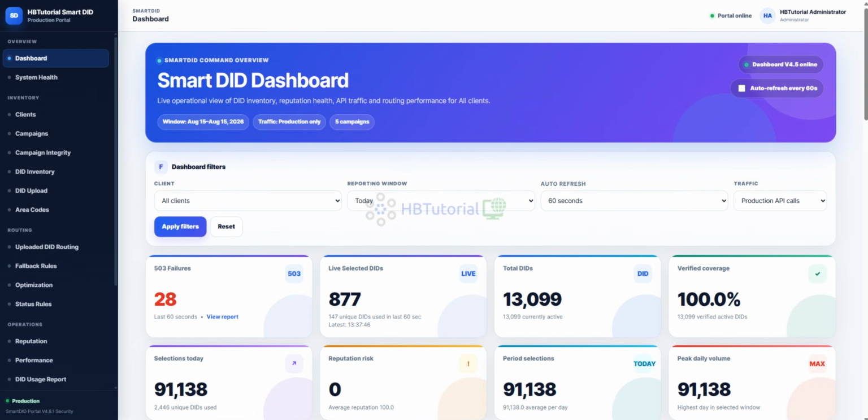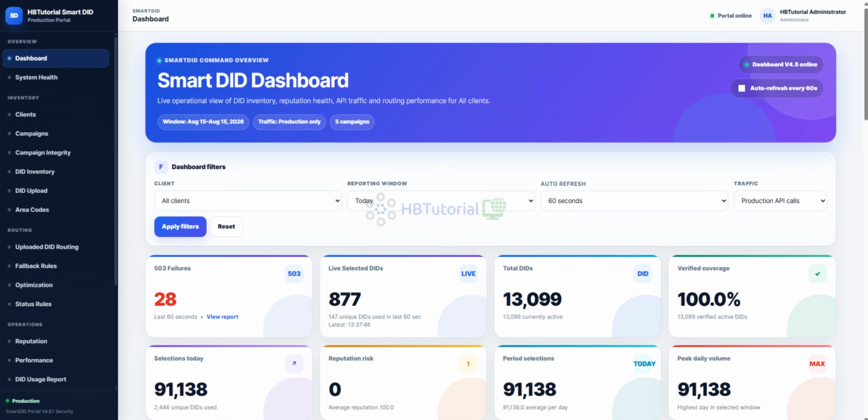This Smart DID portal is an intelligent DID and outbound caller ID management solution designed for VICIdial or any Asterisk dialer that you need to manage your local presence from your leads.